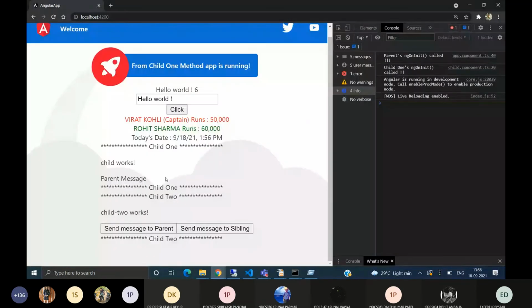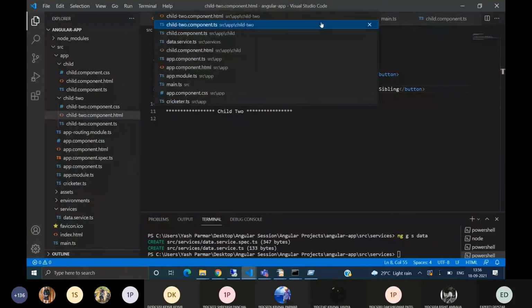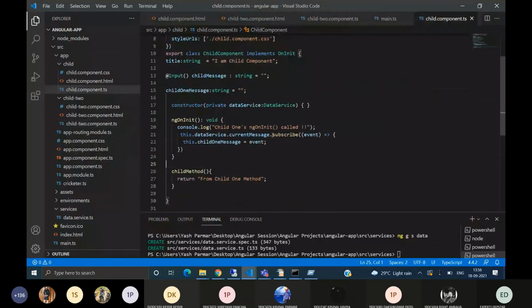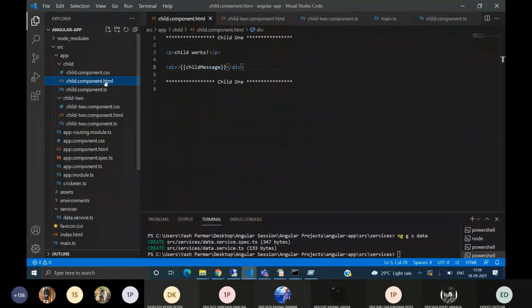So let us do what it does and then understand it. Okay, this child one message is being... we will have to show it here so we can know.